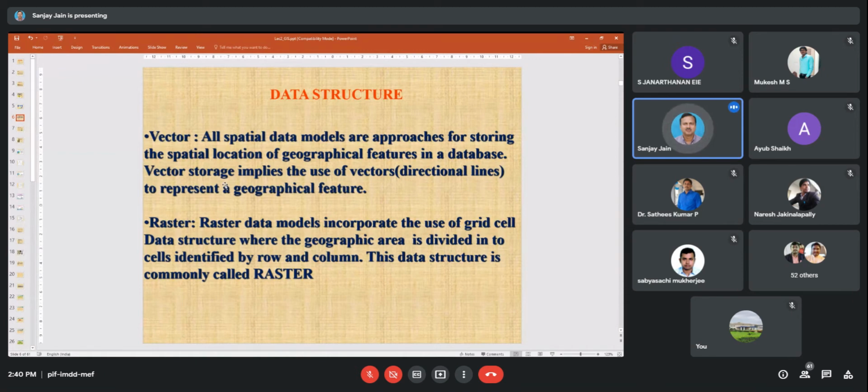While raster data models incorporate the use of grid cells. That is a data structure where the geographic area is divided into cells identified by row and column, which you have seen in the last lecture. So all the satellite data is in the form of raster, which I will show you. This data structure is commonly called raster.